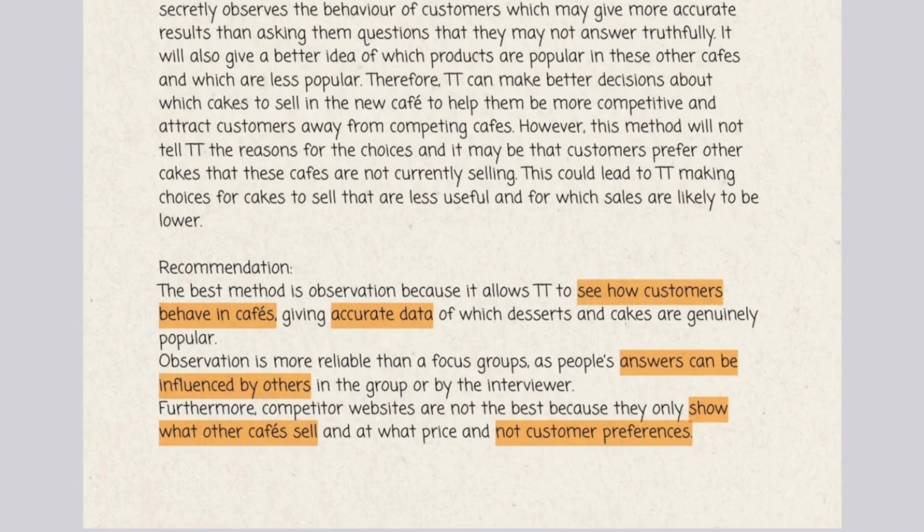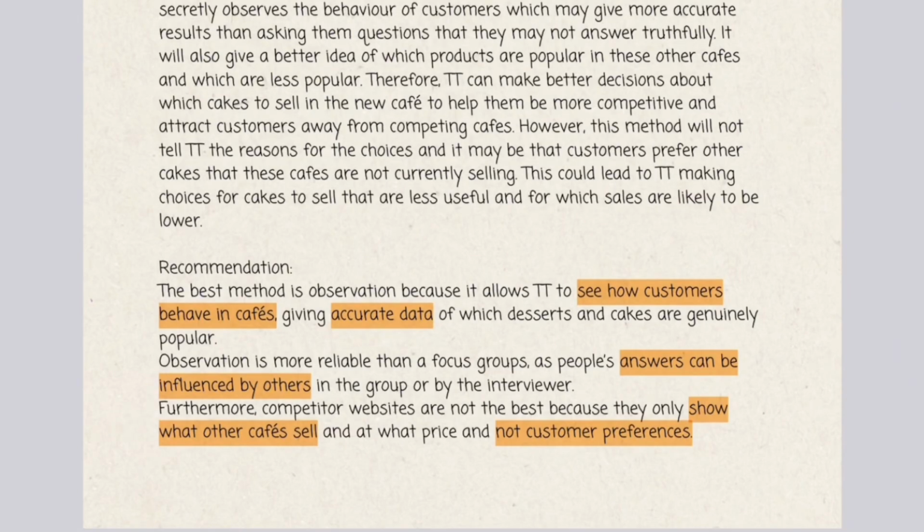And finally, for the recommendation, observation is best because they can see how customers behave in cafes, which gives the most accurate data. Observation is better than focus groups because answers can be influenced by others. Furthermore, websites are not the best because they only show what other cafes sell and at what price, and not